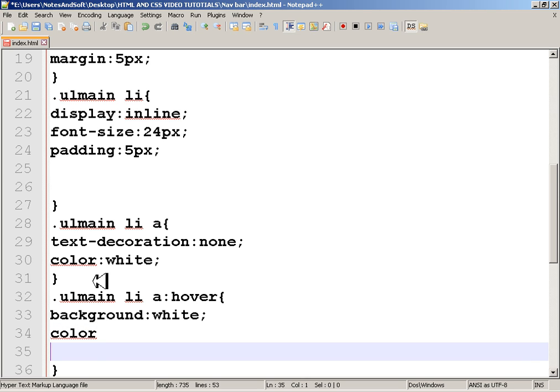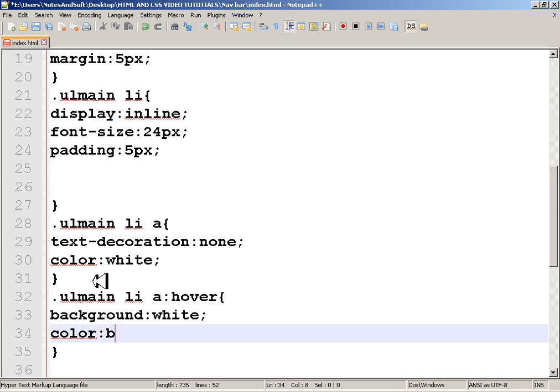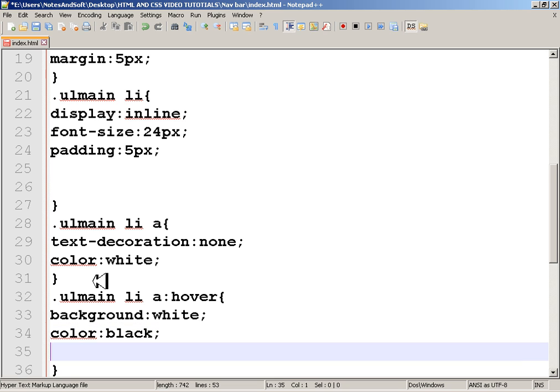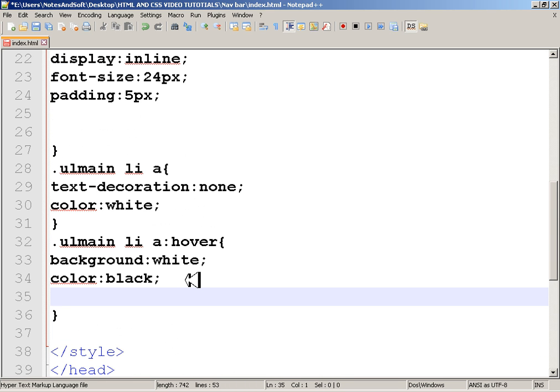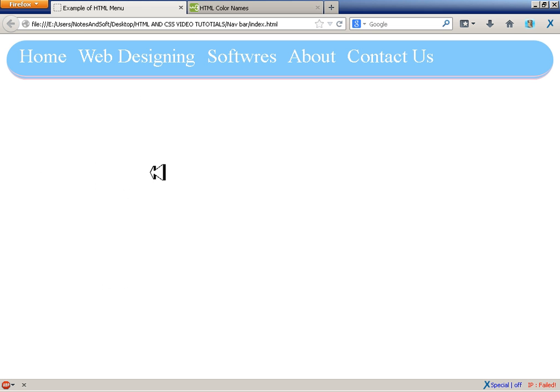Color should be black, and text-transform should be uppercase. So what I'm saying is, when I hover, meaning go over it, like this,